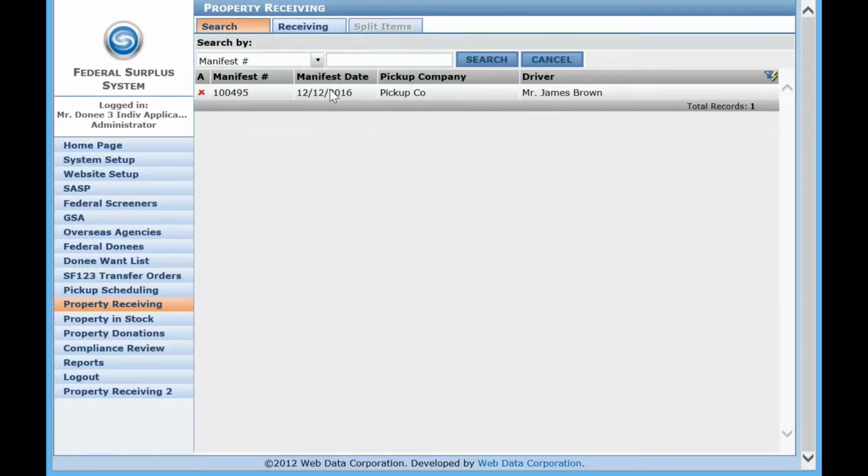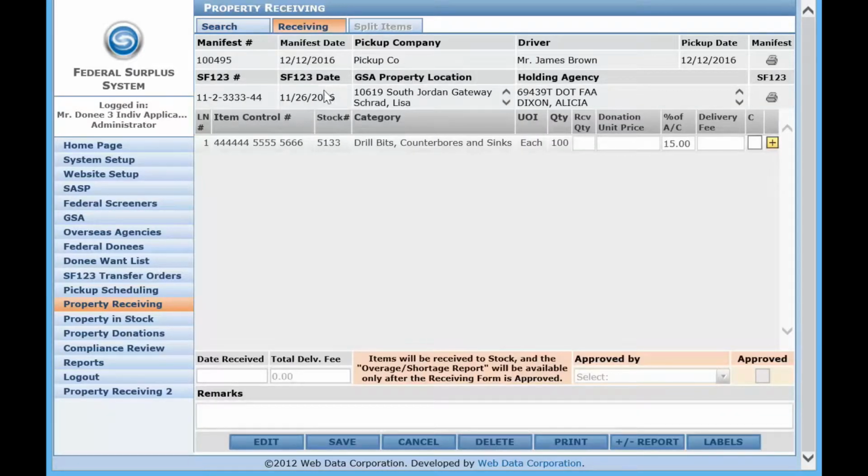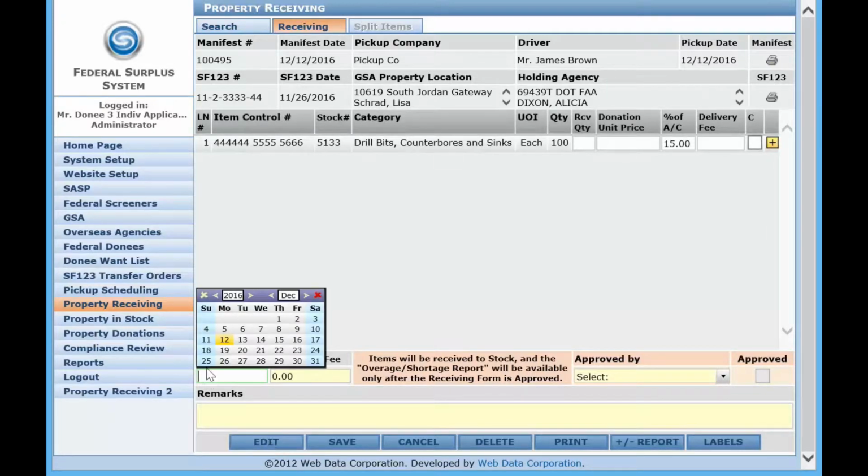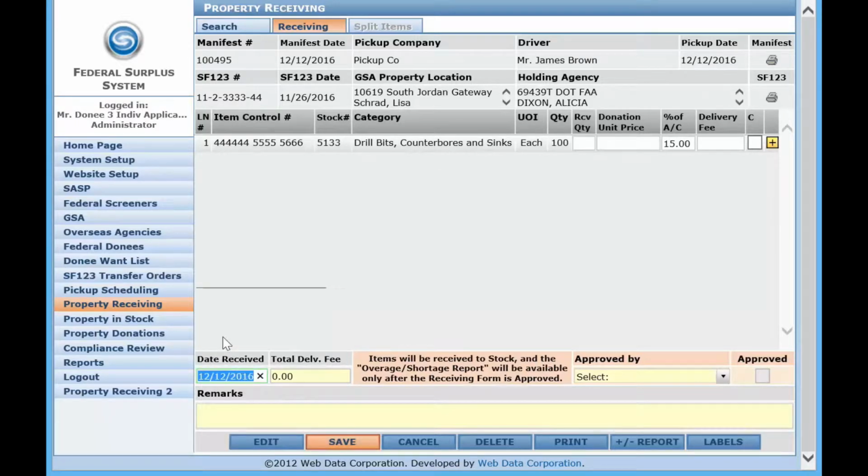So I'm going to drill down here by clicking on it, and you'll see that it has all the manifest information at the top and the line item here. There's only one line item on here, but we'll just use this as an example. So the first thing we do is click the edit button at the bottom and choose the date that we're actually receiving it. And we're going to go up here and we're going to type in the quantity that we